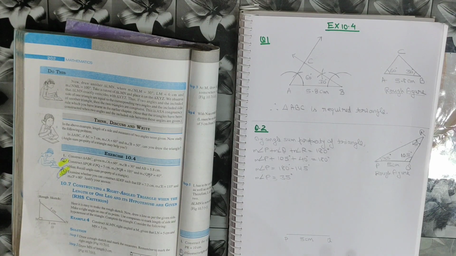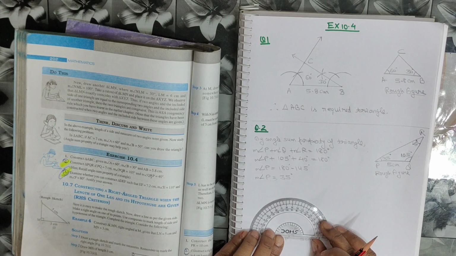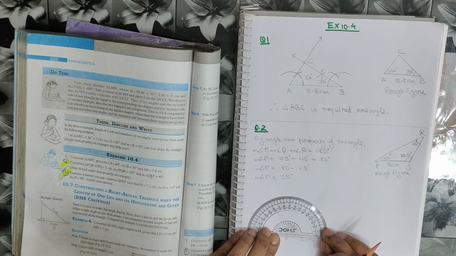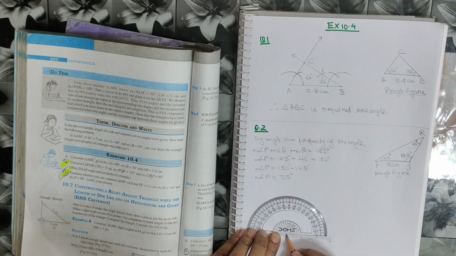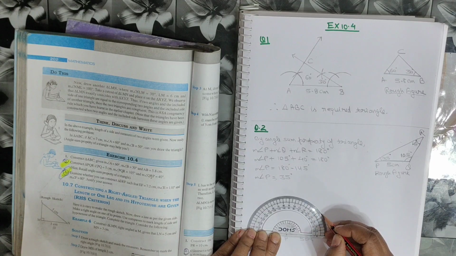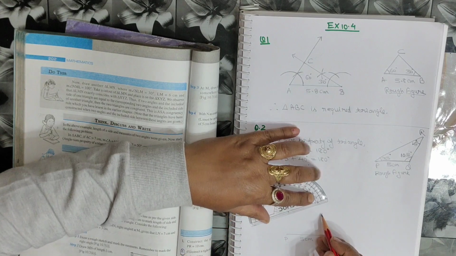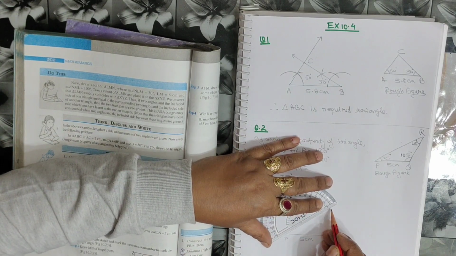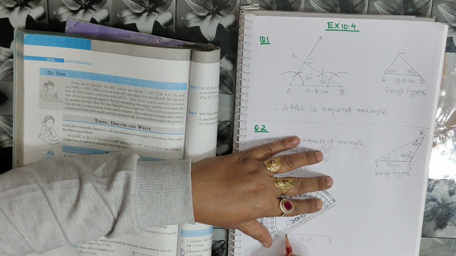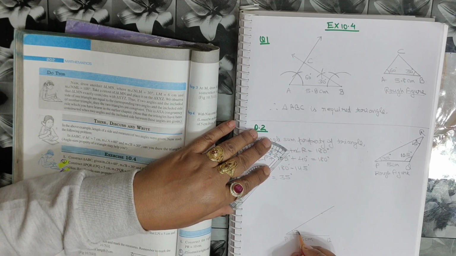So, we can't construct it. We have to draw it using the protractor. Now I am keeping this center point at P. Now 35, the line is on the left hand side, so we will take 0, 10, 20, 30, 40. There is a point between 30 and 40, that is 35 degree. Now putting a dot on this. After joining this point to point P, we will get an angle of 35 degree.